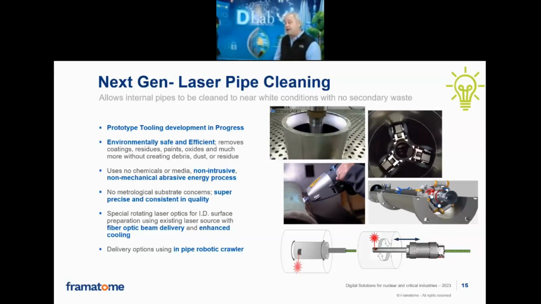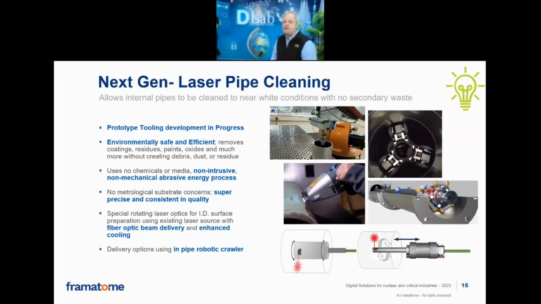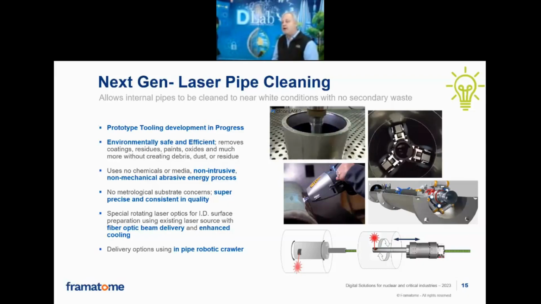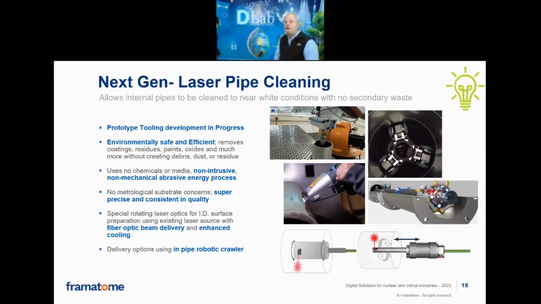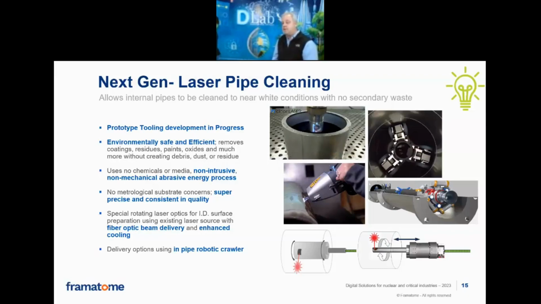The main challenge from an innovation standpoint with this technology is being able to get this into what we call small pipe or small bore piping. That's very difficult when you're using a laser. There's a lot of handheld lasers out there. You can see in the picture to the bottom left the outside of pipe that's been used. But the technology that we're trying to work with and get done is to be able to clean internal parts of pipe. As we mentioned, it's delivered by a robotics crawler, and that technology is very mature in how that will be delivered. So are there any questions on that?